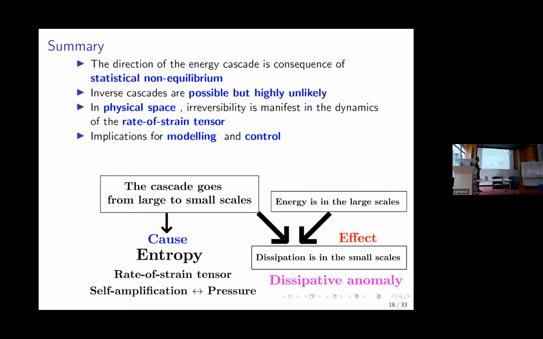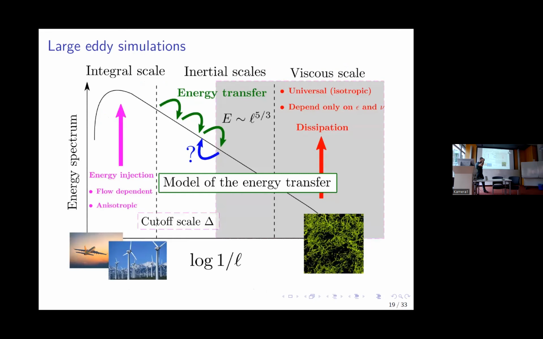Okay, and it also has implications for modeling, which I will try to describe briefly because I ran out of time. It was a hot topic, I guess. Entropy and the implications for modeling, which I think are very interesting, is: look, if the entropy is driving the cascade, and it is very unlikely that things just spontaneously go from the small to the large scales,